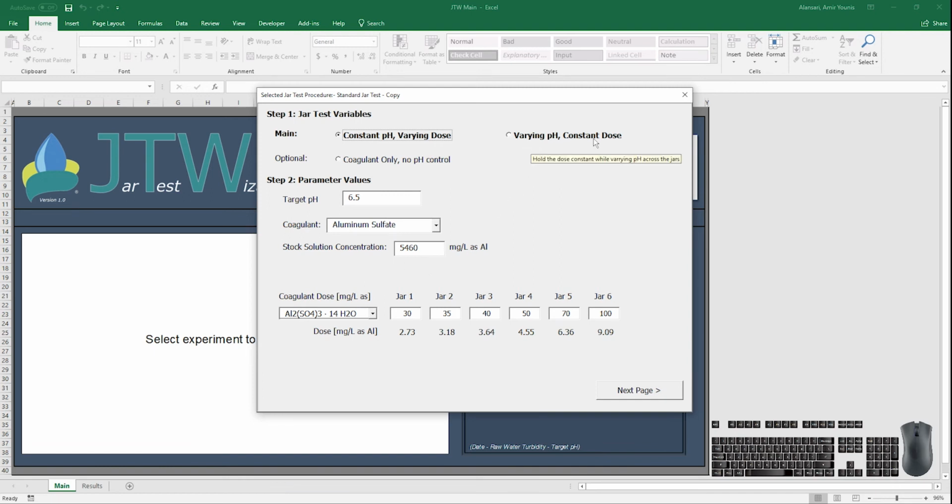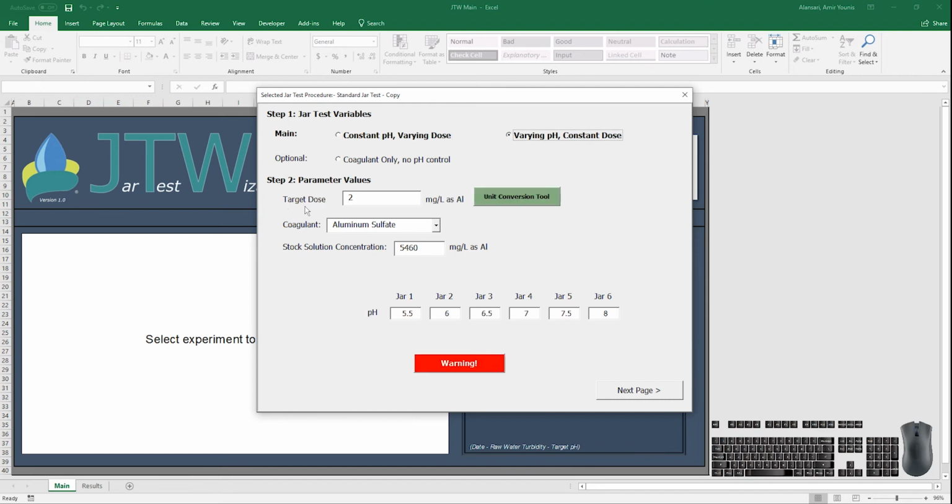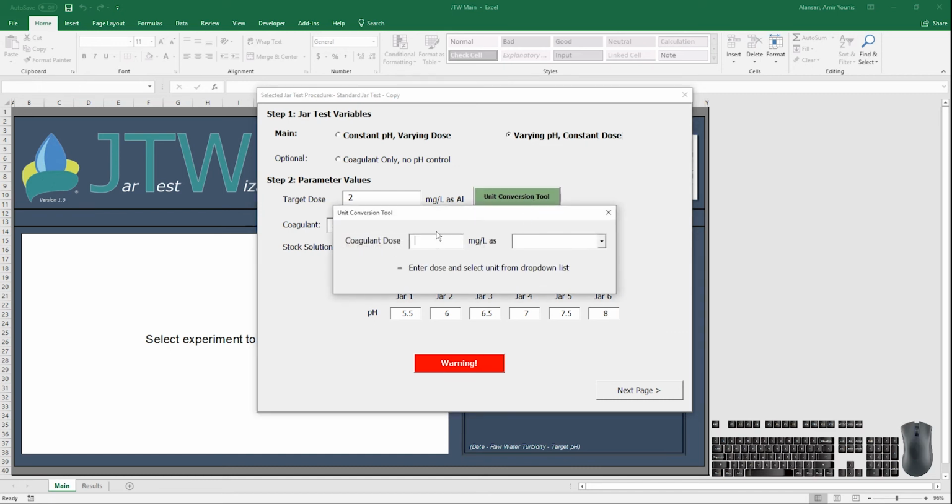Now if I select varying pH and constant dose, we see that the target pH text box changes to target dose, and my jar test variables change to pH. And therefore I would just need to enter the dose that is being held constant in all of the jars. I also get this unit conversion tool button, and I can convert my coagulant concentration in whatever units, such as